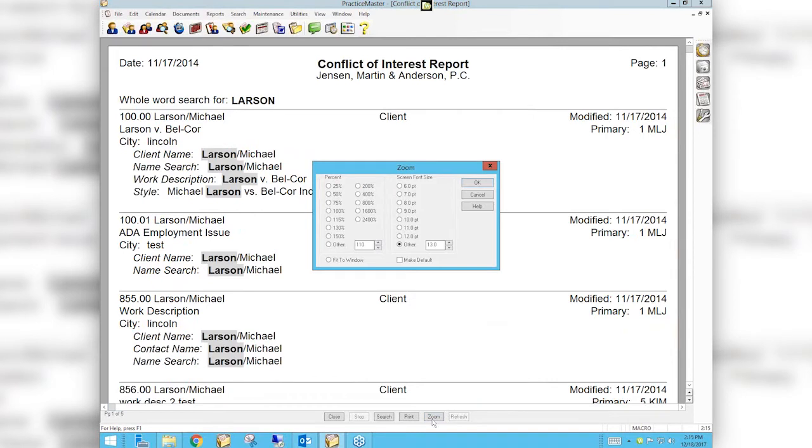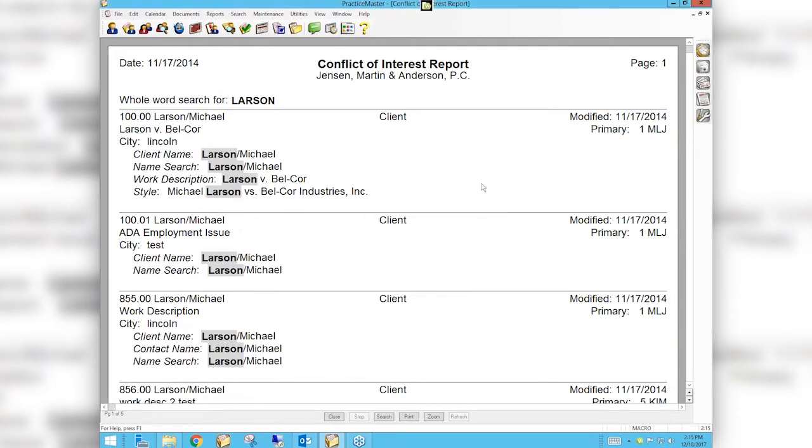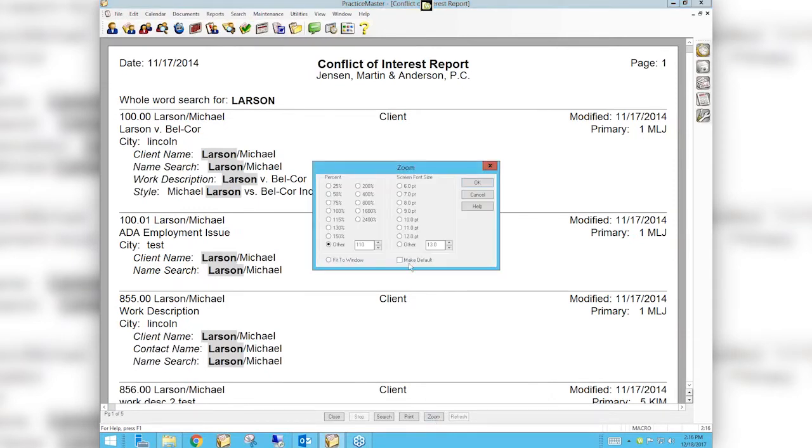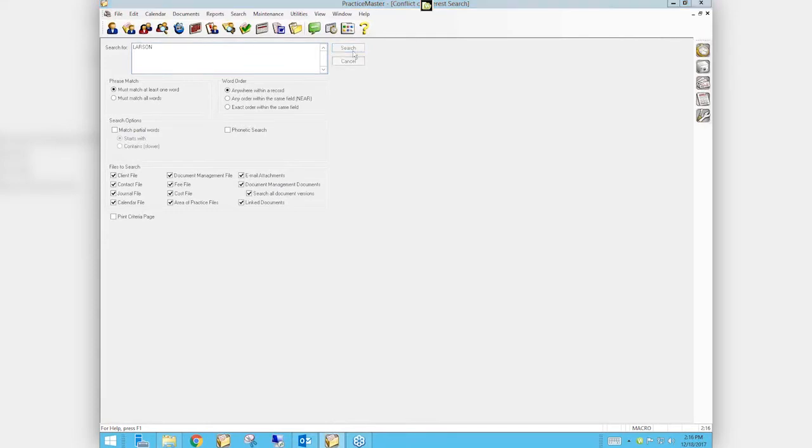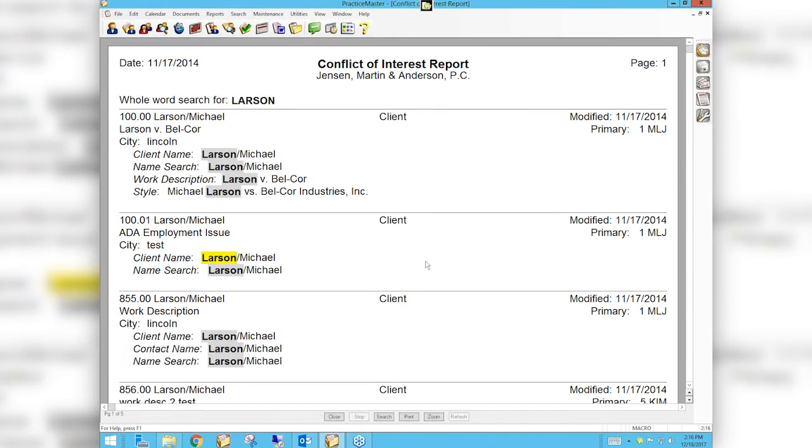Now, here's my biggie. I've never seen anyone click this until I tell them to do it. So even after I show them, or even if they know how to do this, they'll come in here, they'll change it to 13, or maybe they'll decide that 110% is what they want, and then they'll say, okay. And then they'll come back later and it'll be all small, and they'll have to come in here and they'll have to say 110 again. When if they would just check this box, then every time they came into preview until they changed it, let's go back into preview,